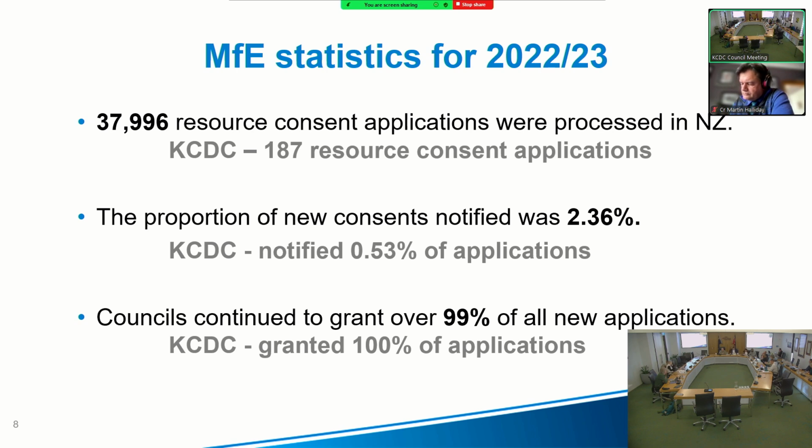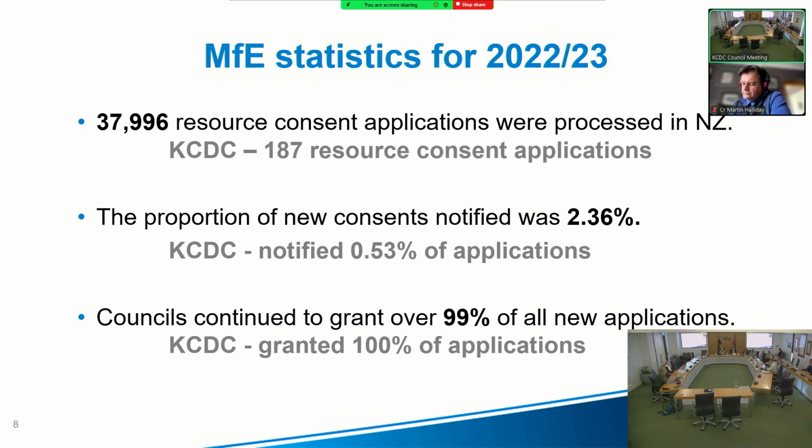Another important thing to mention is that any consent application that council grants or the planners grant can be judicially reviewed. So it's not just limited to the ones that potentially may track into notification. It's from our smallest application. Yeah. Any decision that a planner issues can go judicial review. So it's quite an expensive and daunting process to go through.